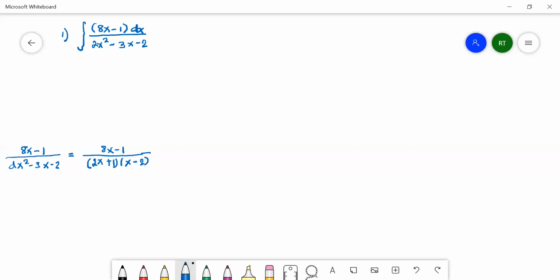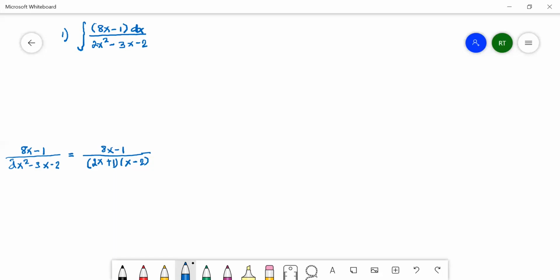Negative 4x plus x will give us negative 3x, and 1 times negative 2 is negative 2. So 8x minus 1 over 2x squared minus 3x minus 2 is equivalently 8x minus 1 over 2x plus 1